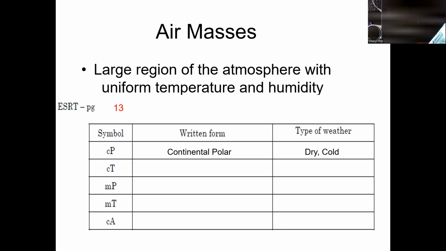So the next one, if you haven't already seen this on your reference table, the CT stands for continental tropical. Again, you work with just the words they give you. What does the continental tell you? Dry. And what do you think the tropical is telling you? You're thinking tropical rainforest, right? That's where your head went. Don't think tropical rainforest. The second word is always describing the temperature. So our choices for temperature are going to be polar and tropical. Polar stands for cold and tropical stands for warm.